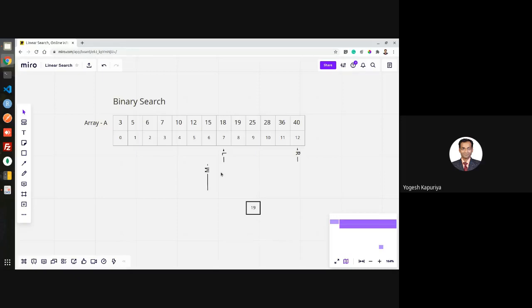Mid is equal to left plus right by 2. So it is 7 plus 12 by 2. 7 plus 12 is 19. 19 by 2. What is 19 divided by 2?